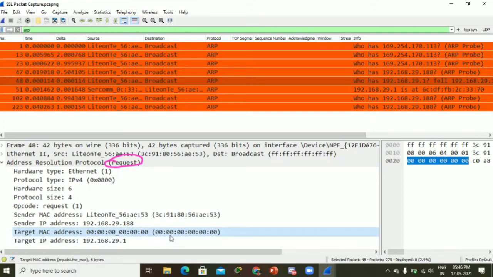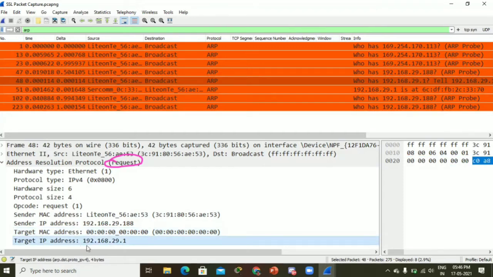So we need the MAC address, so we are sending zeros. Next, target IP address. We know the IP address because the DHCP server provided the IP address of the default gateway. So 29.1 is the default gateway. So our request is being initiated.